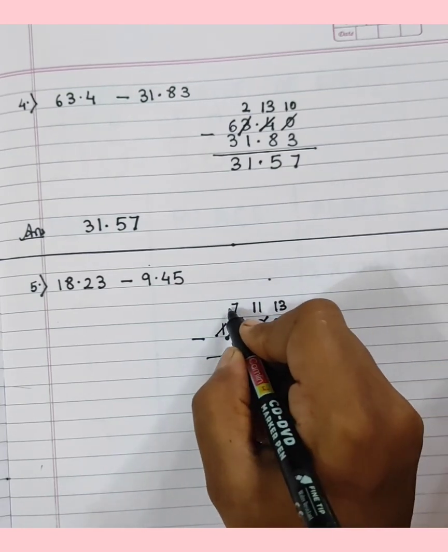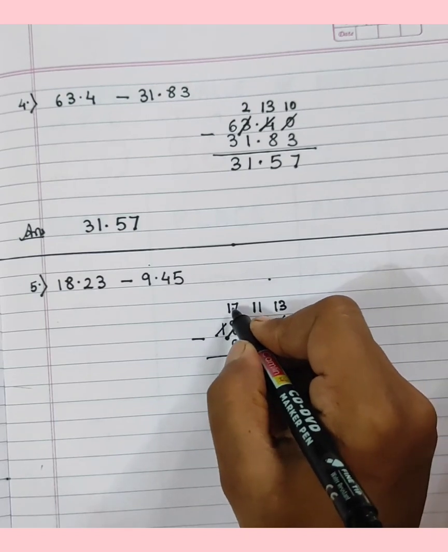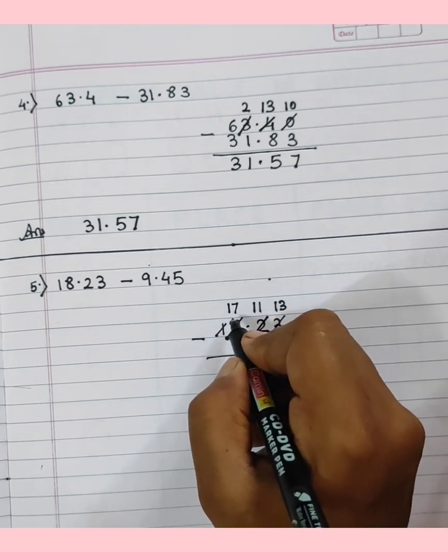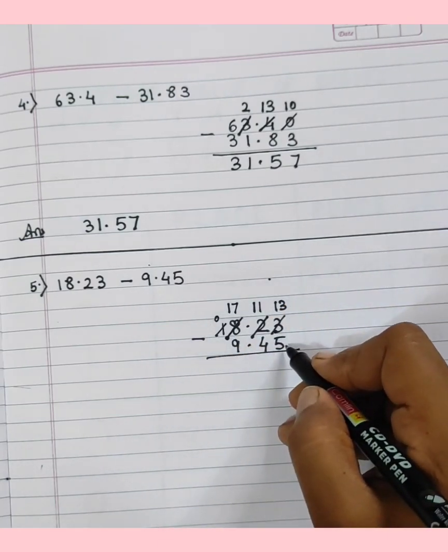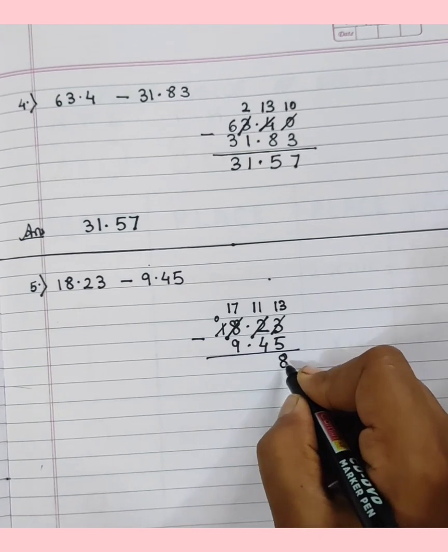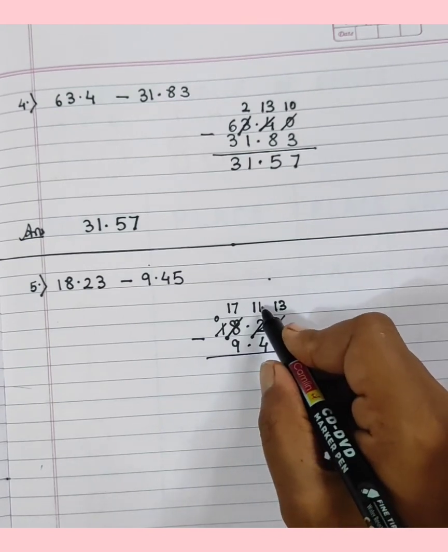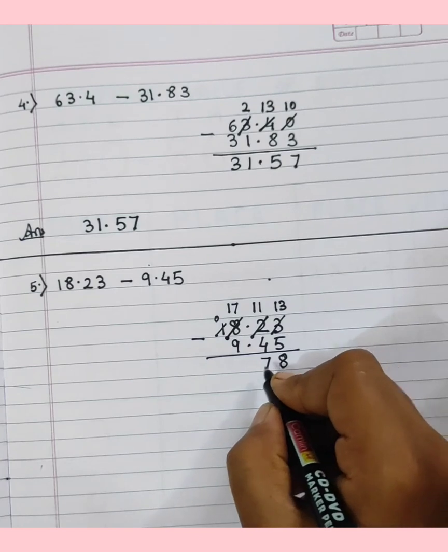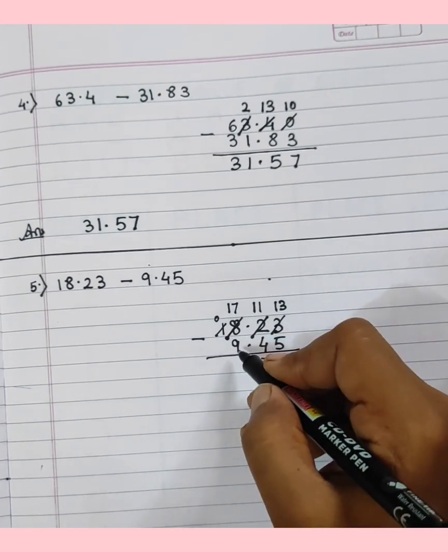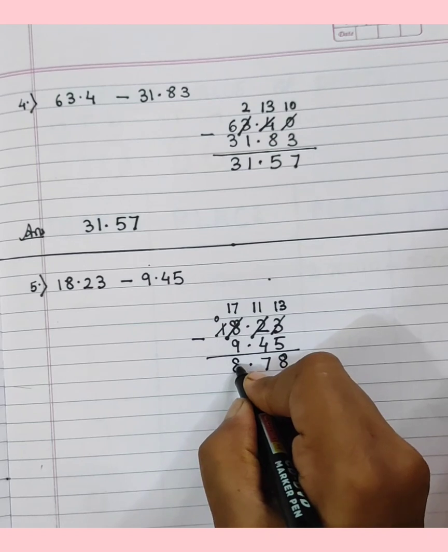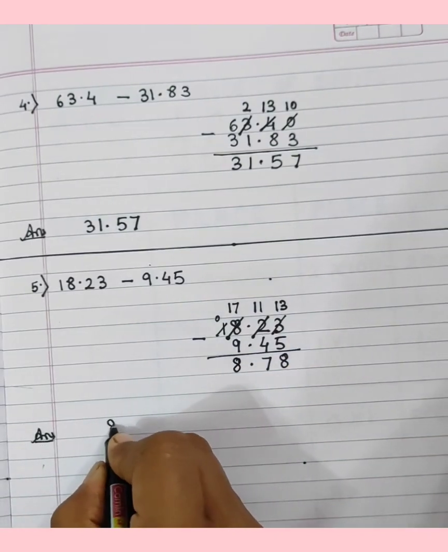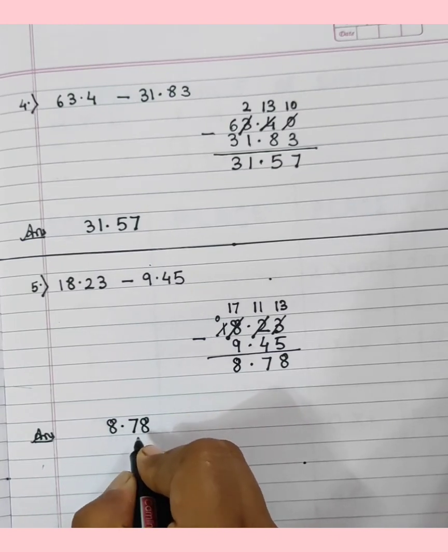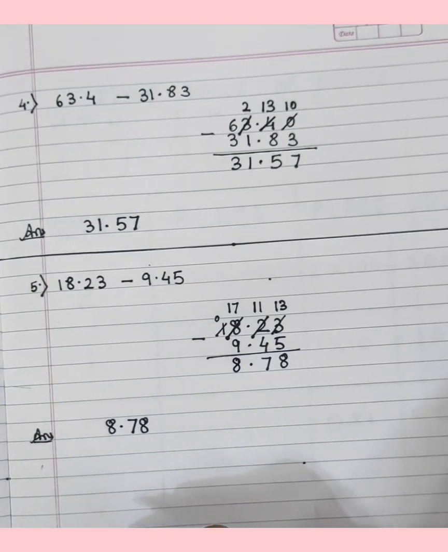Again I will cut 1 and I will put here 11. So I have borrowed 1 from this one. So here 0 it is. Yes. Now I can subtract 5 from 13. I get the answer as 8. Now 4 from 11 I can subtract. I get the answer as 7. Put decimal point. I can subtract 9 from 17. Yes. So I will write here 8. Now my final answer is 8.78. Did you understand, children, how we carried out the subtraction for decimal fractions? Okay.